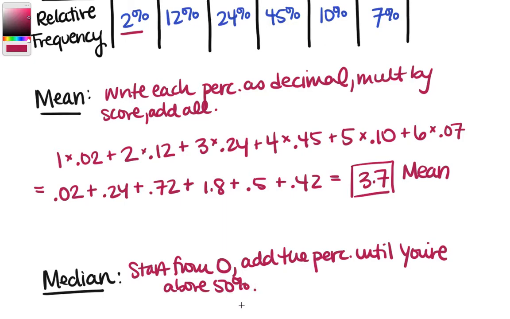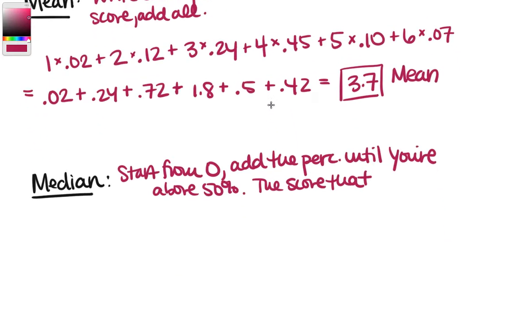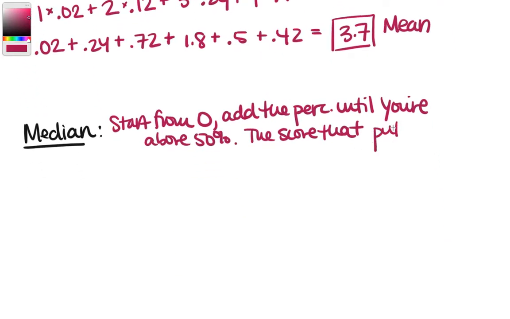And it's the first one that puts you above 50 that's the median. So the score that puts you above 50%